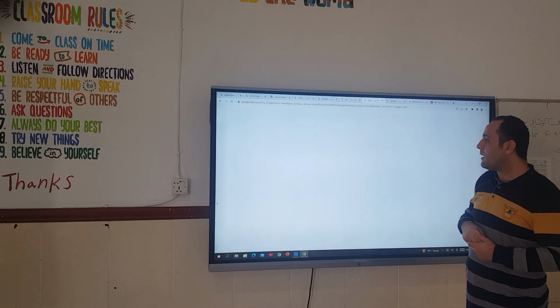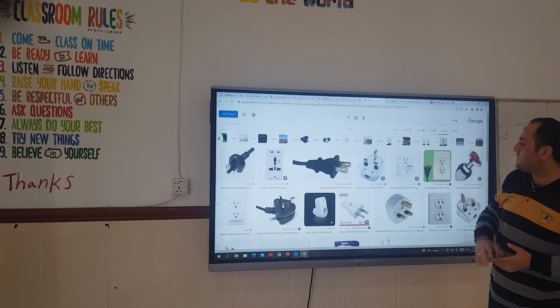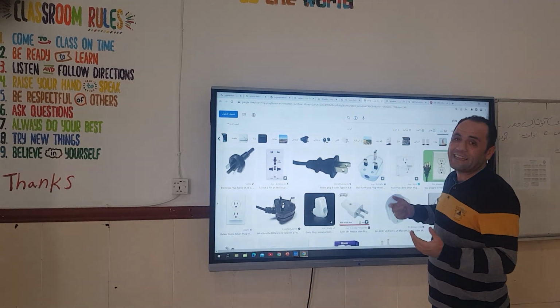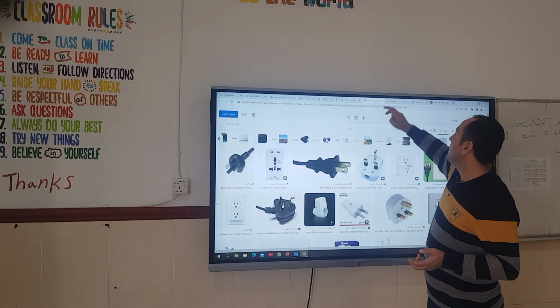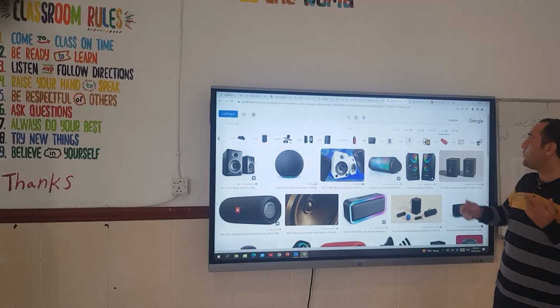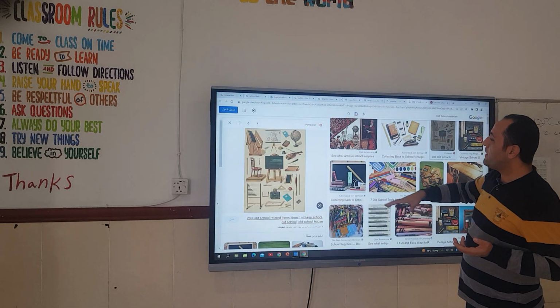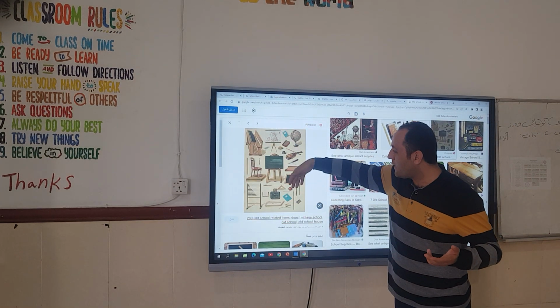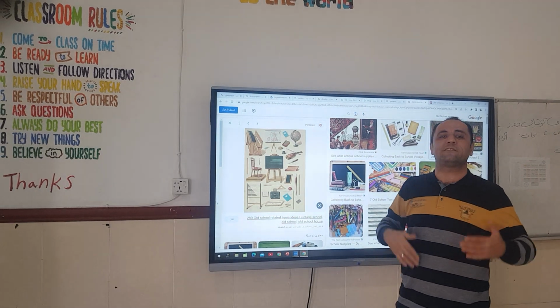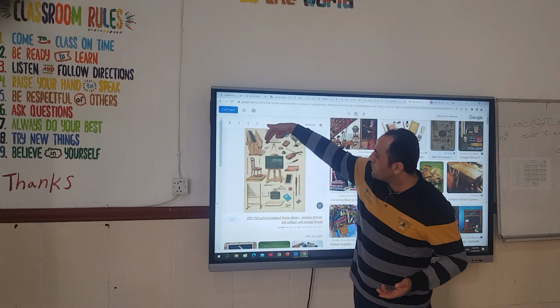So the plugs are here, as you see. These are the plugs that we plug in to get electricity from the wires. Speakers, we are familiar with the speakers that we use at home as well. And old school materials that we are using, these are old school materials. For example, let's talk about the types of it. For example, what do we use it for?